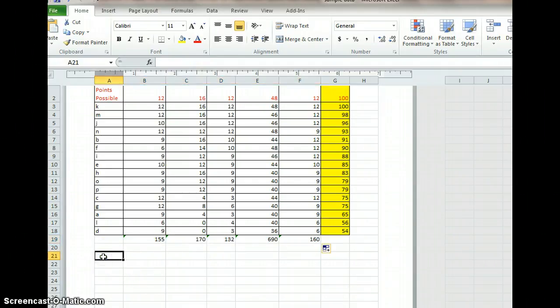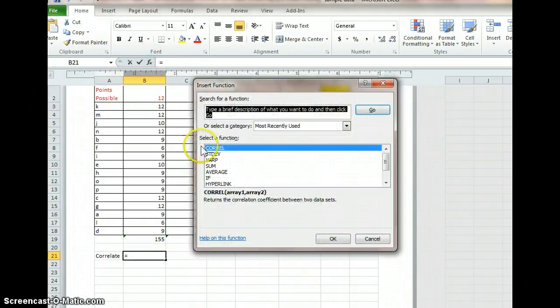The next thing we might want to do is correlate whether the scores on each item make sense with the score on the total assessment itself. So what we do for that is we highlight an empty box to put our data in, and we need to look for a correlation function. So we click on our function key. Oh, what do you know? It's right there. Click on that,